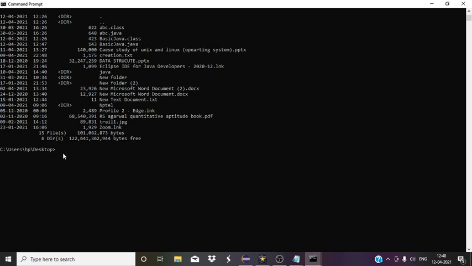In order to run this program, we have to follow two processes. One is that we have to compile, and another is that we have to interpret. In order to compile, we have to write javac. This is javac, and once we write this, we write the name of our saved file, BasicJava.java.